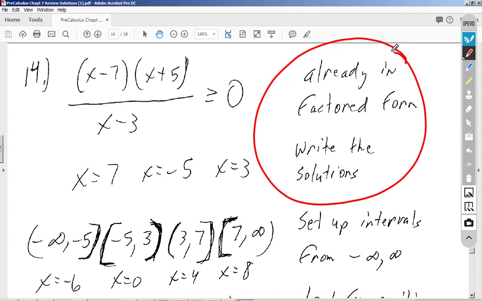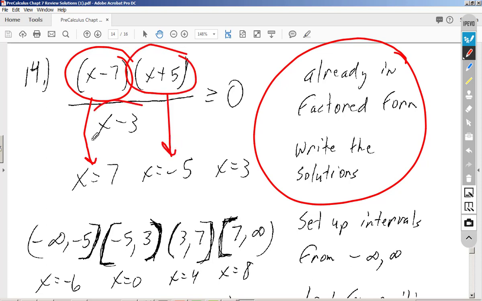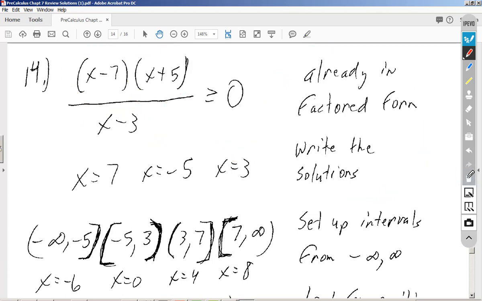So here's the solution of x minus 7. That gives me a solution of 7. The solution to x plus 5 is negative 5. And the solution to x minus 3 is going to be 3. Now that I have my solutions, the next thing I need to do is set up my intervals from negative